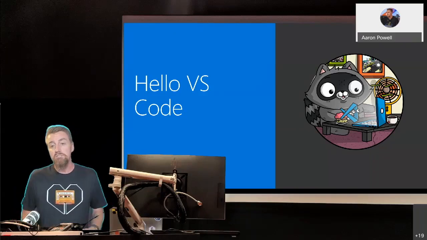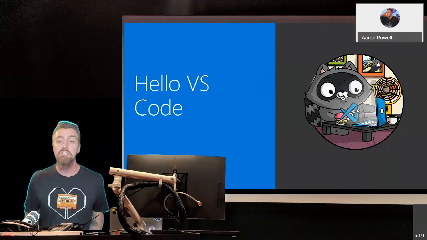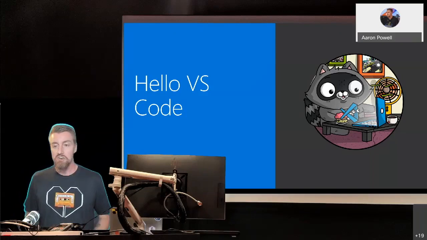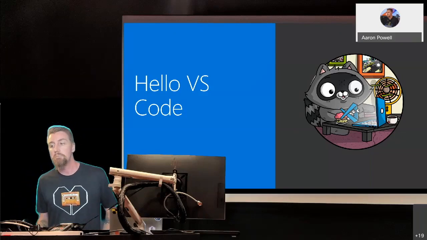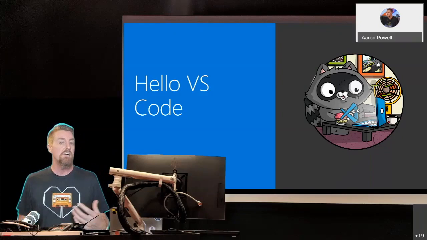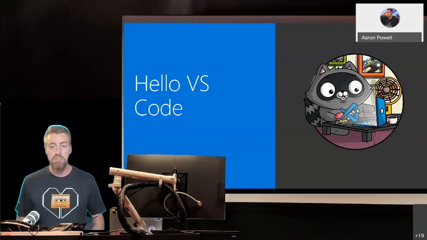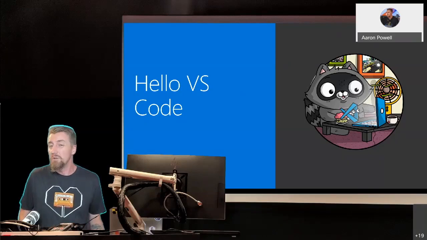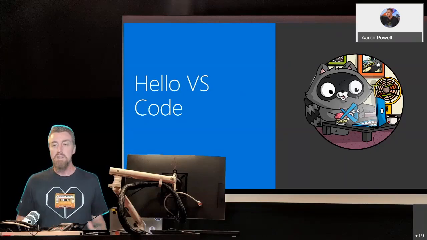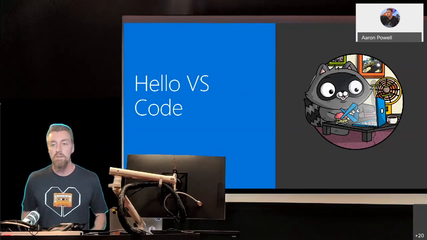Now, vanilla VS Code, so when you first install it, is really simplistic. It doesn't have much in the way of functionality. It understands some of the basic and common programming languages that you'll come across, like JavaScript and the .NET languages, Java, Python, etc. But it doesn't do a whole lot else. That's where we can extend it and customize it to suit the kinds of needs that we have.